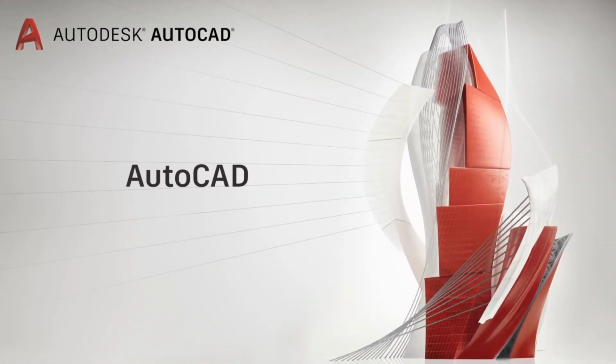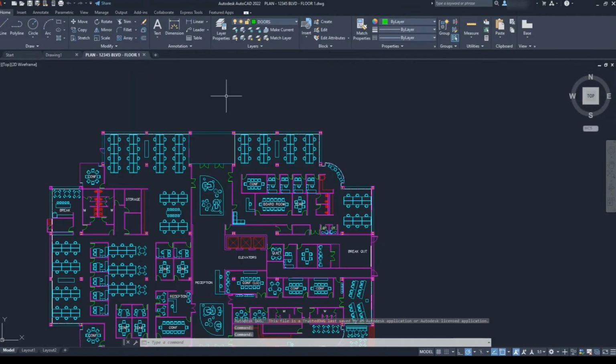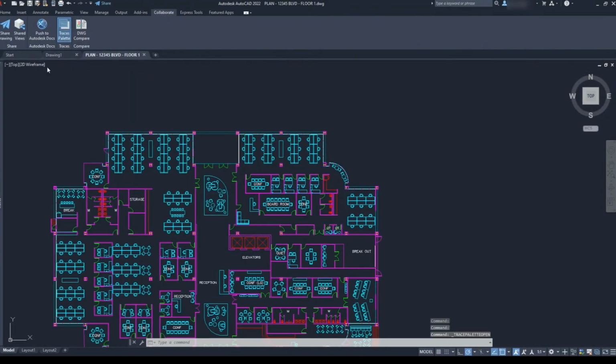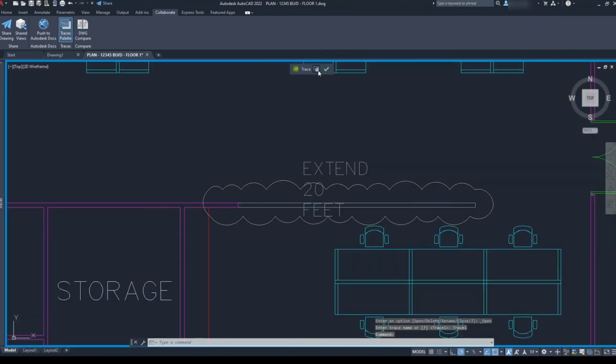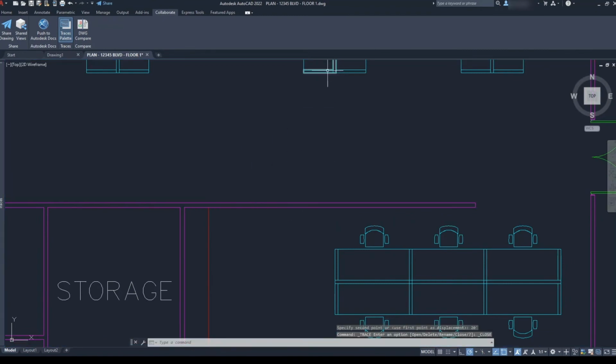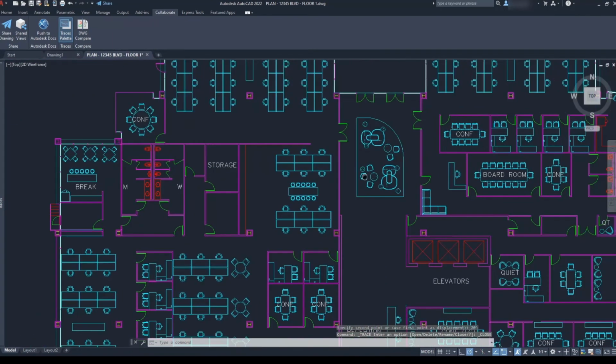Back in AutoCAD, my coworker opens the drawing from cloud storage. She goes to the Collaborate tab and clicks on the Trace palette to open my trace. She clicks on the icon in the Trace menu to send the trace to the back. Again, this lets her see my markups while she picks up the design change. She clicks on the check mark when she's finished capturing the design changes, and she gets back to her other